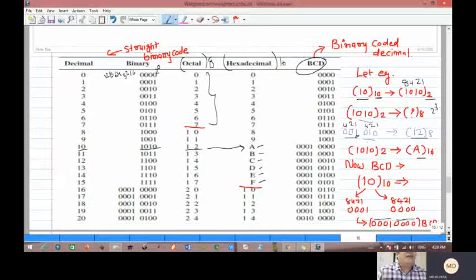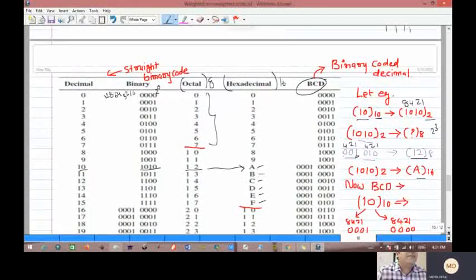Here, all the codes have specific weights. Octal number system has a weight 8421, the binary number system has 8421, and BCD also 8421. Do not get confused between the straight binary code and BCD. BCD has weights only up to 8421, but binary continues up to 16, 32. Whatever number of bits is increased, the weight increases accordingly. But in BCD code, the weight is fixed at 8421. Okay, so this is the weighted BCD code.